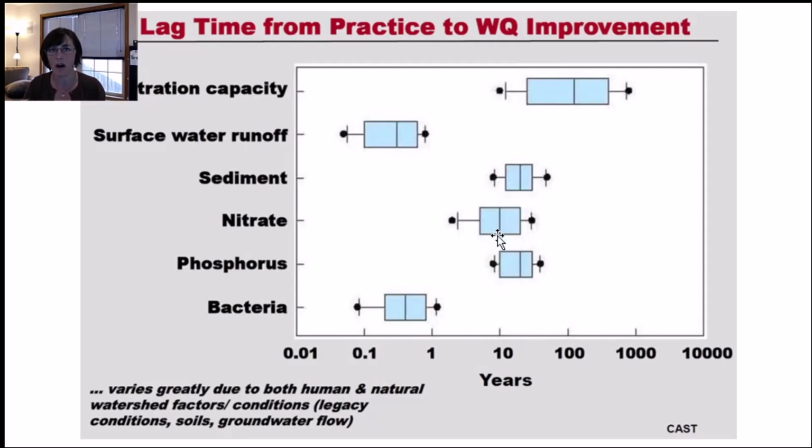This of course depends on a lot of factors, like where do you expect to see the water quality improvement? Is it in a local lake or is it all the way down in the Gulf of Mexico? But you can see for phosphorus, this lag time could be anywhere from 10 years to maybe about 50 years. Note that the x-axis is a log scale on this figure. So our challenges are cut out for us in terms of improving water quality.